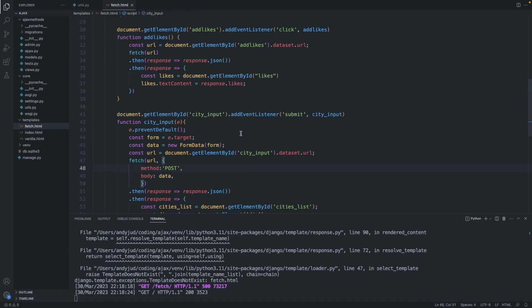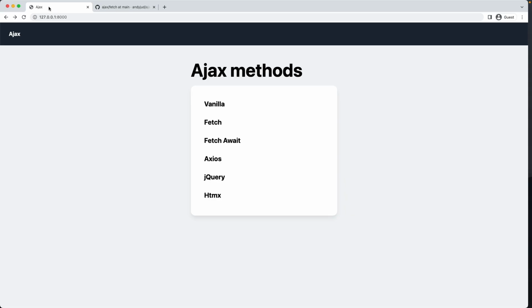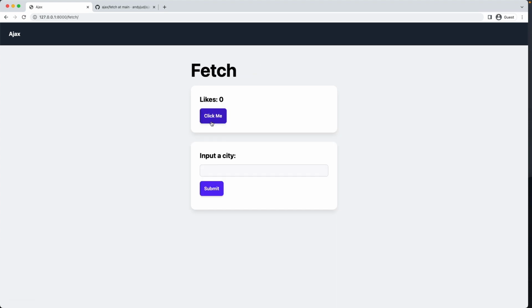So let's add again the URL to make it all work. And here, save it and test it out. We go to our fetch and let's try the likes. It works nicely. And input a city. New York, nice. LA, great. Now straight to the next one,